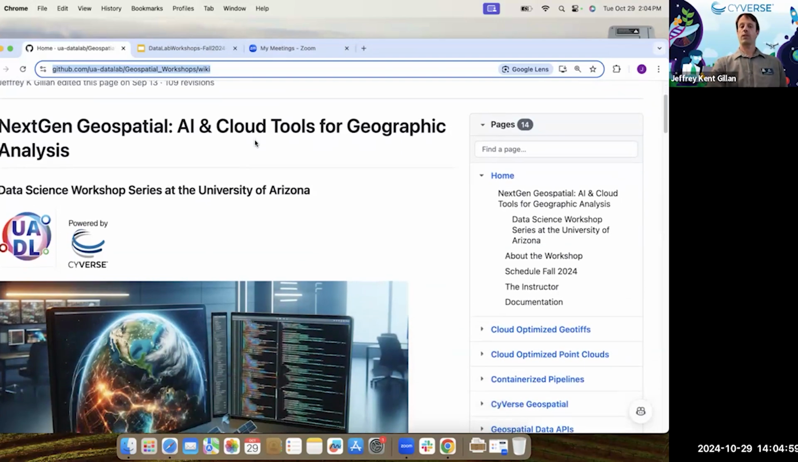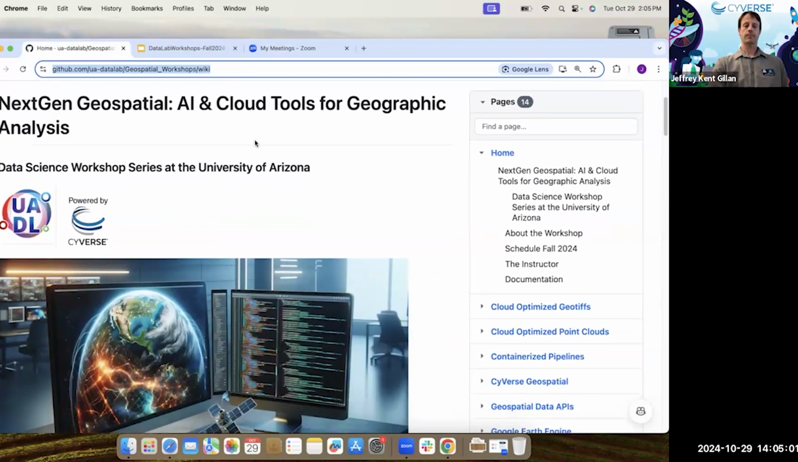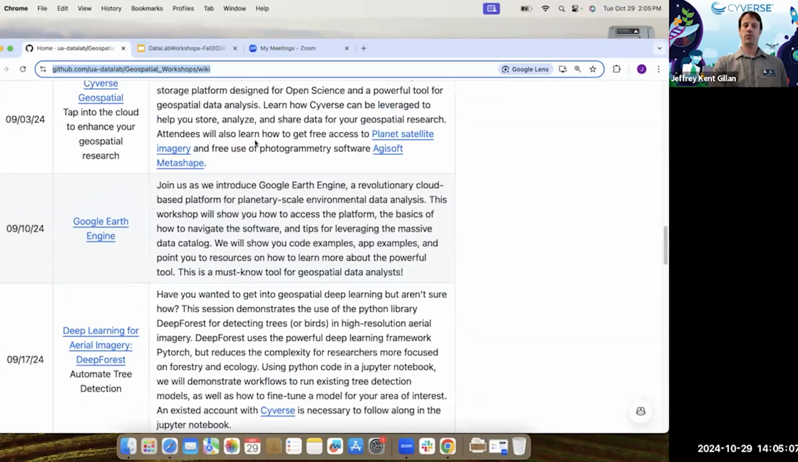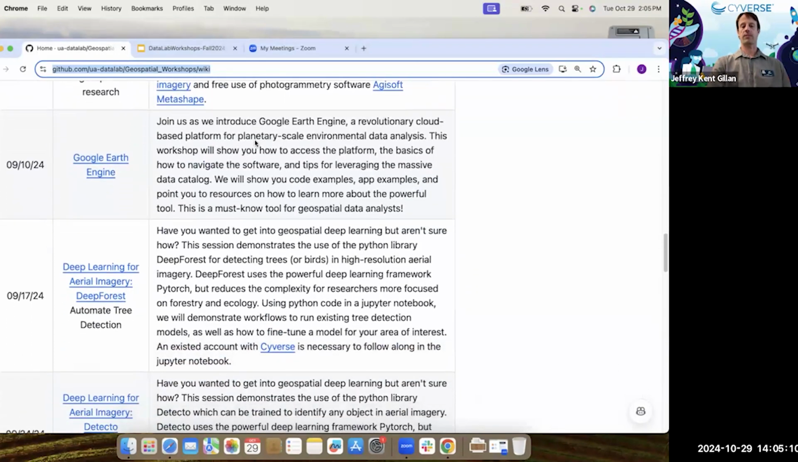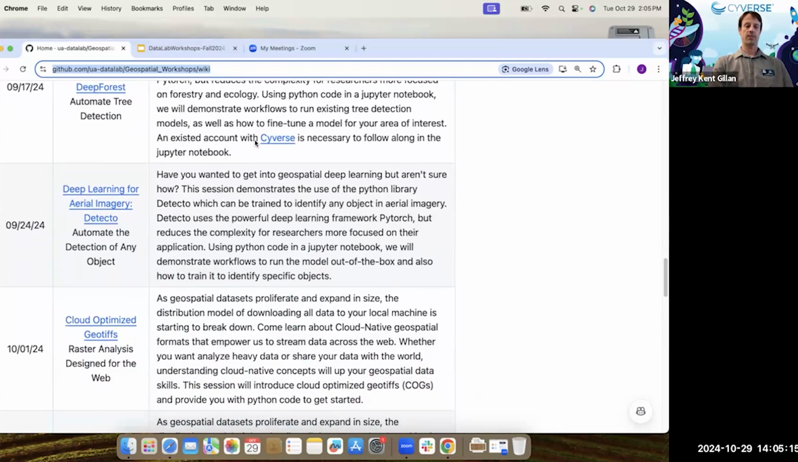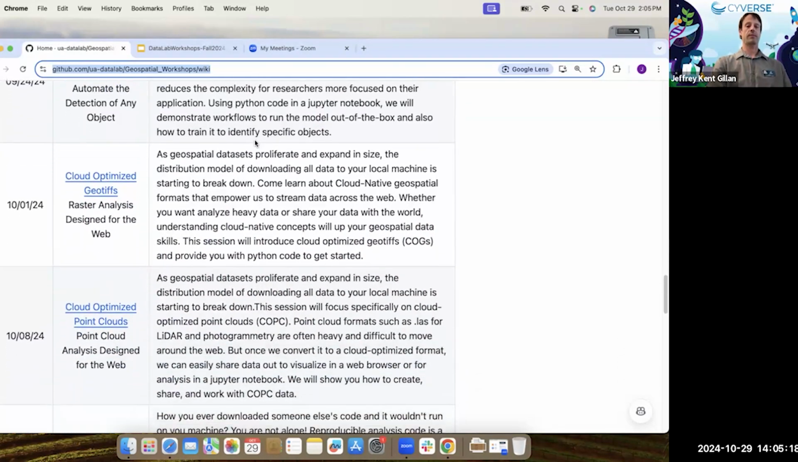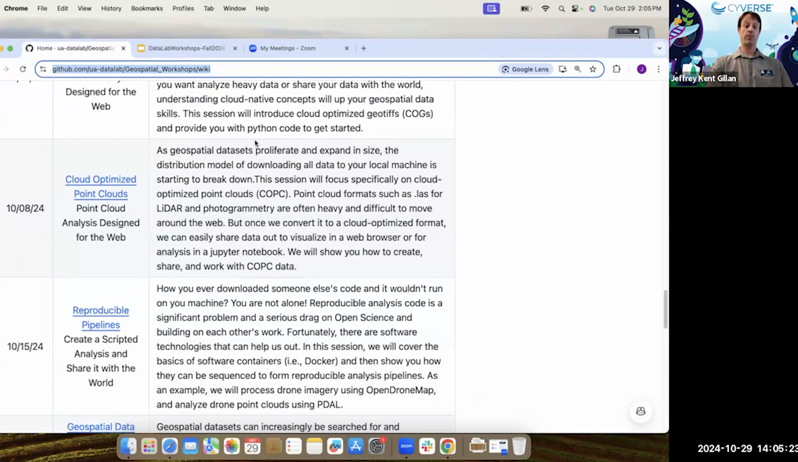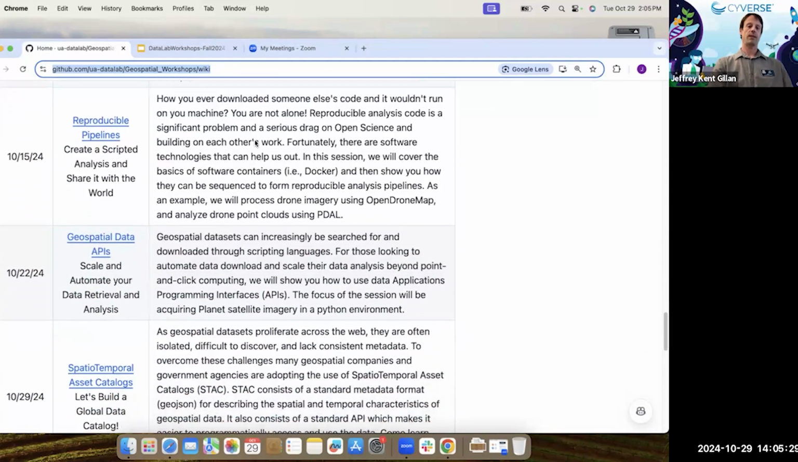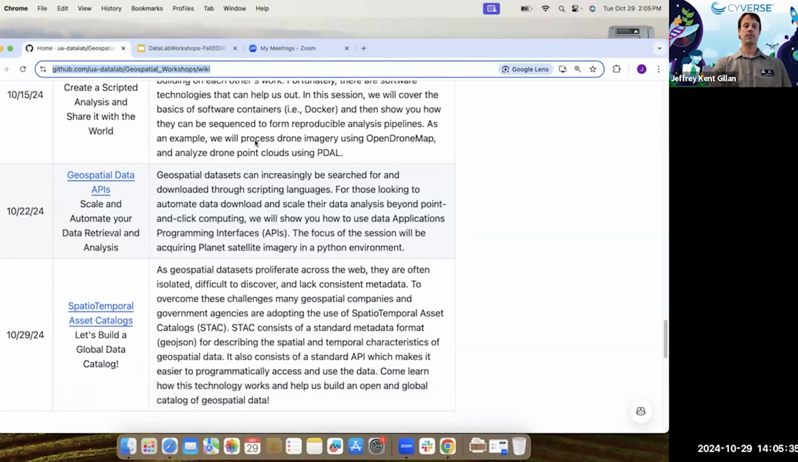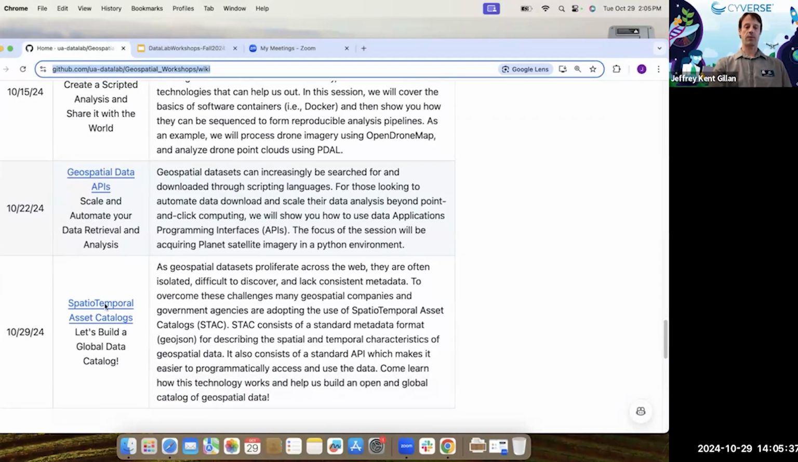Okay, like always, our course content is here on GitHub. Just scroll down through the calendar. Gosh, we've gone through a lot of things. We started out with Cyverse, Geospatial, did the session on Earth Engine, did 2 sessions on deep learning for image analysis. Then we got into cloud native. We talked about cloud optimized geotiffs, cloud optimized point clouds, showed you quickly how to do a reproducible pipeline using Docker Compose. That was one of my favorite ones. Last week, we did geospatial data APIs with imagery from Planet. And the last session is SpatialTemporal Asset Catalogs. So go ahead and click into the material